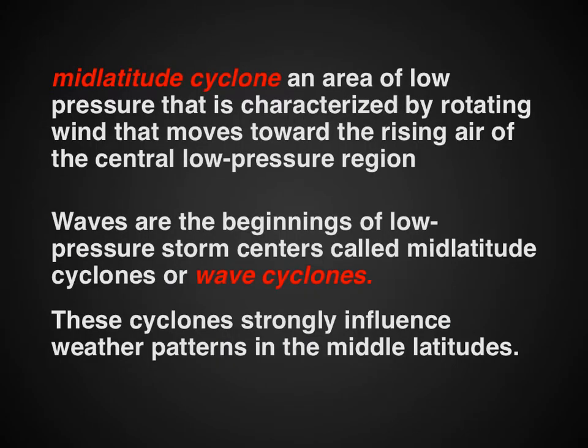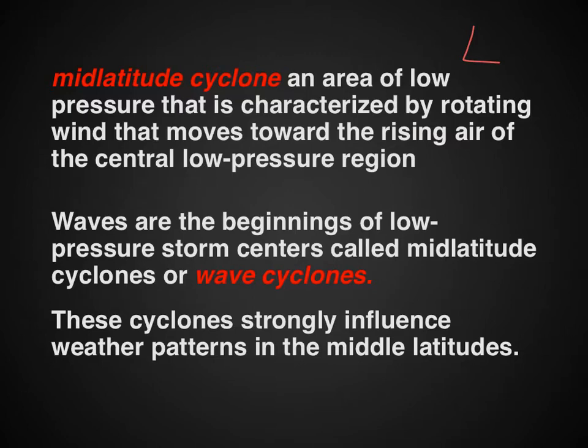First, let's talk about the boring sounding one first. A mid-latitude cyclone. You can probably think of what a cyclone is, which is by definition a rotating storm. But what it is by definition here is an area of low pressure. Remember, we usually see that on a weather map with an L. That is characterized by a rotating wind that moves toward the rising air of the central low pressure